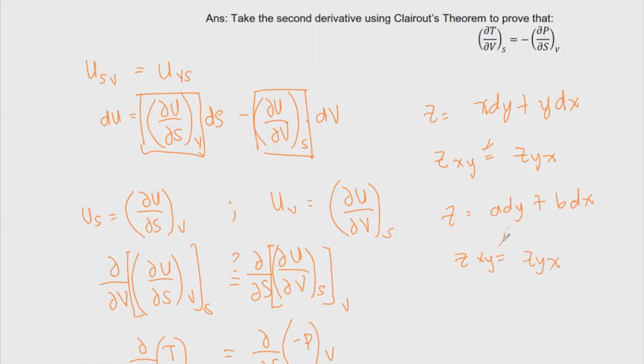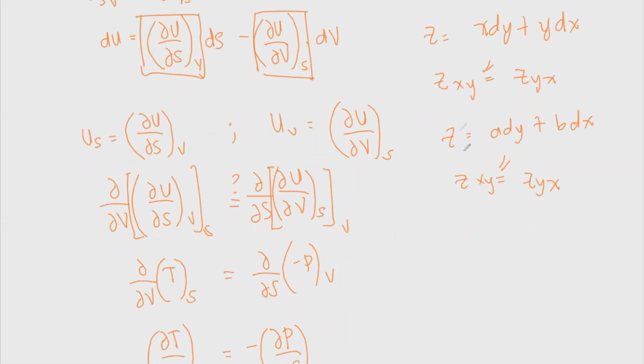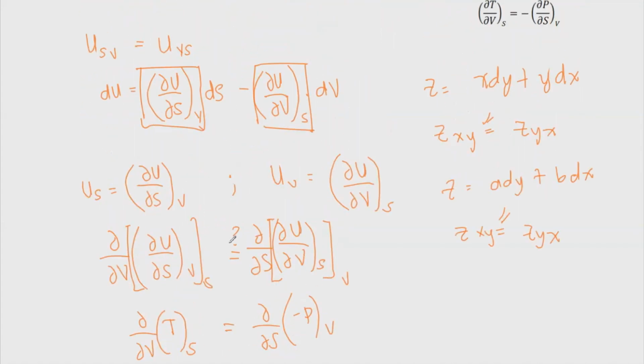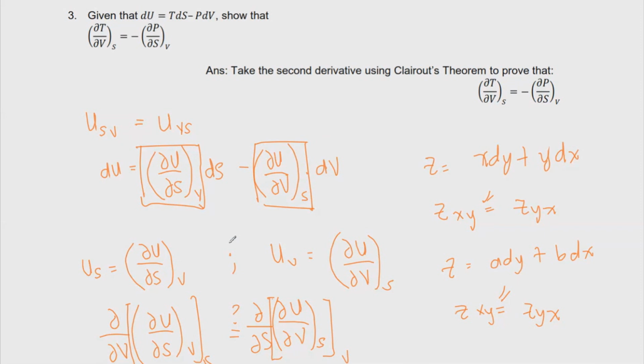They would just get the same result for Clairaut's theorem, but of course the partial derivatives would have a and b expressions like this one that we have here. And by the way, we call this the Maxwell relation. So in thermodynamics, this is a very essential